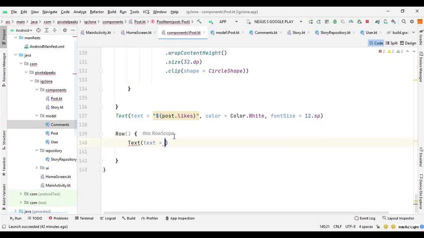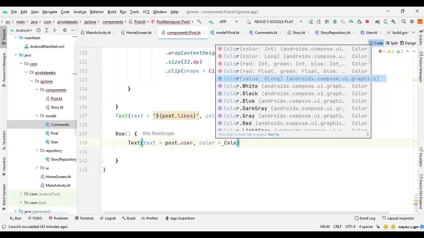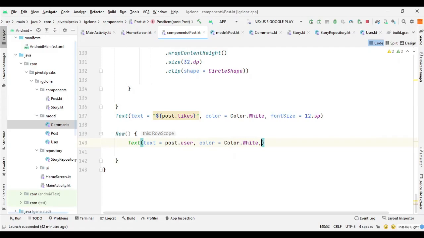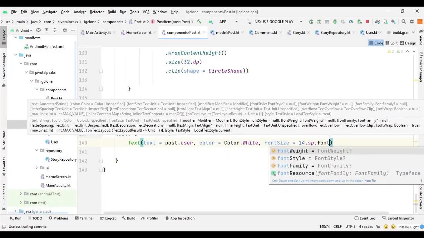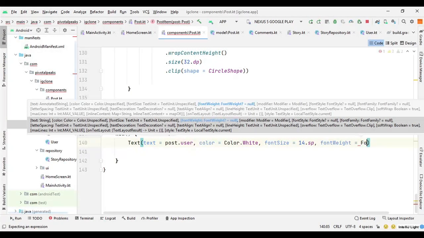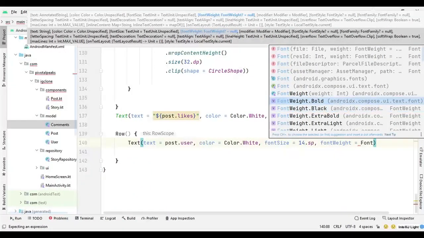So we can say text, and text equals post dot user, and let's give it a color dot white, and font size, let's give it 14.sp, and we can also make it bold by giving the font weight. So we can say font weight dot bold.